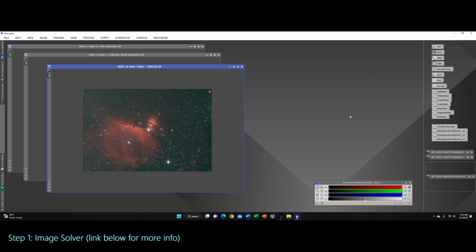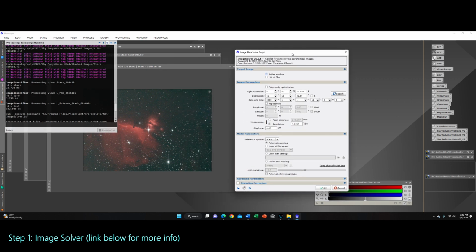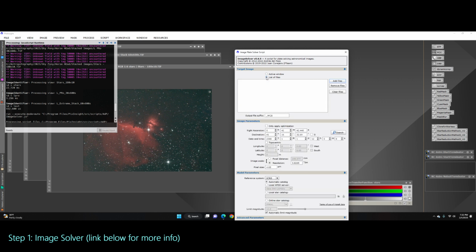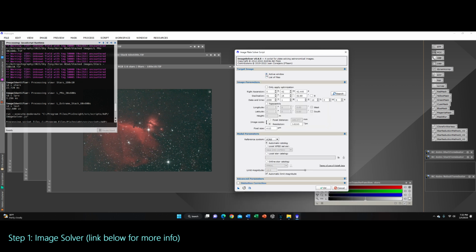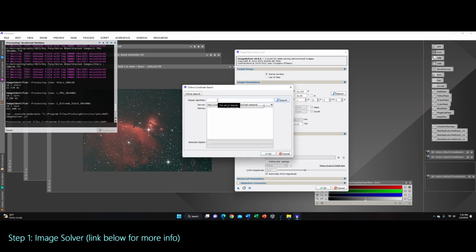Okay, so this window is going to come up, and the first thing I want to do, you can list files and just add all these in here, and that might be what I'd like to do, but I want to try this just one at a time in case you just have one set of data. So the active window was the stars layer I had here, and then I'm going to search for an object in my database, and this is hitting the database locally on my PC, well actually on an external hard drive. So I'm just going to type in Horsehead